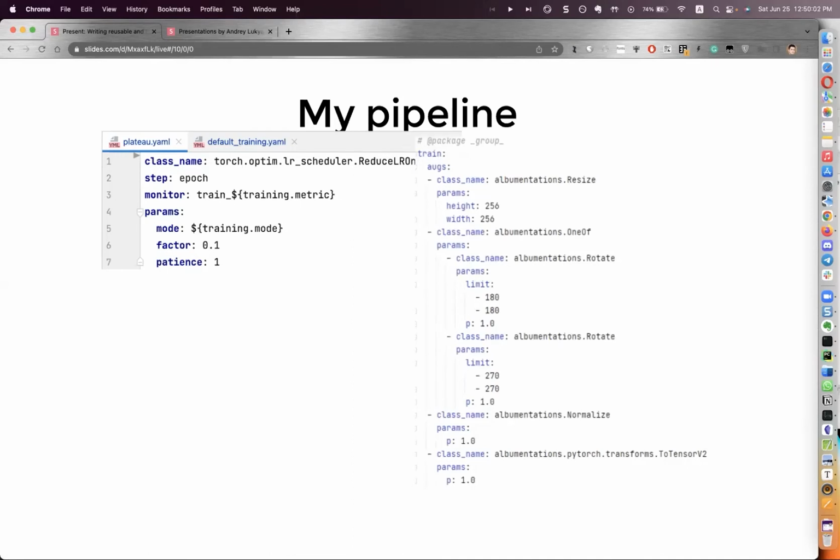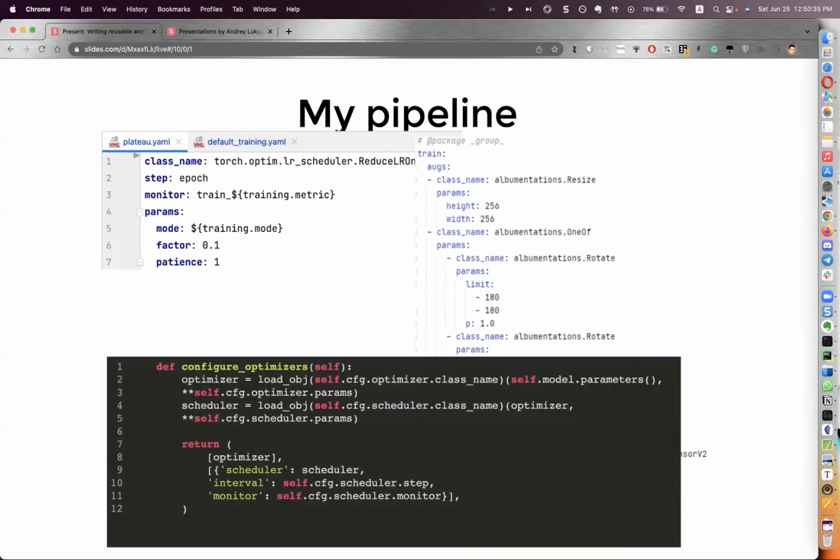And here is the configuration file for augmentations. There are multiple approaches to managing augmentations. Often people use Python scripts or YAML configuration files, and personally, I prefer configuration files. Here, I can define any combination of augmentations from the great augmentation library. They can be nested, for example, and after, when I run the model, this configuration file is loaded and used in my data loader.